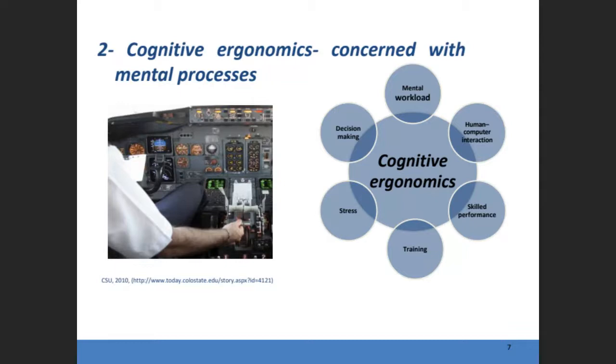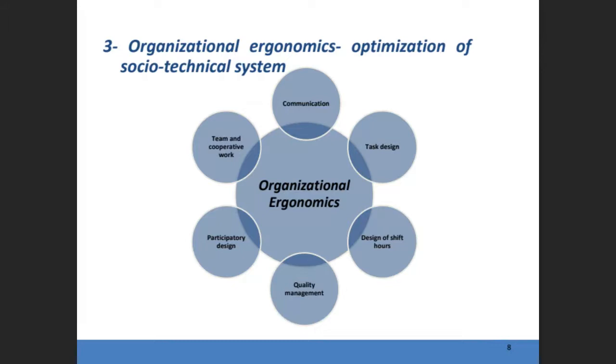There are some jobs that need mental training or mental workload more compared to the physical load. The third domain we have here is organizational ergonomics, or we can say optimization of